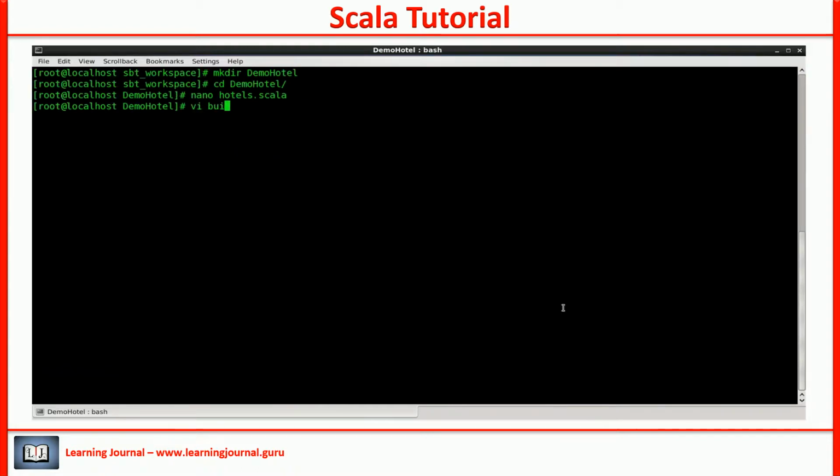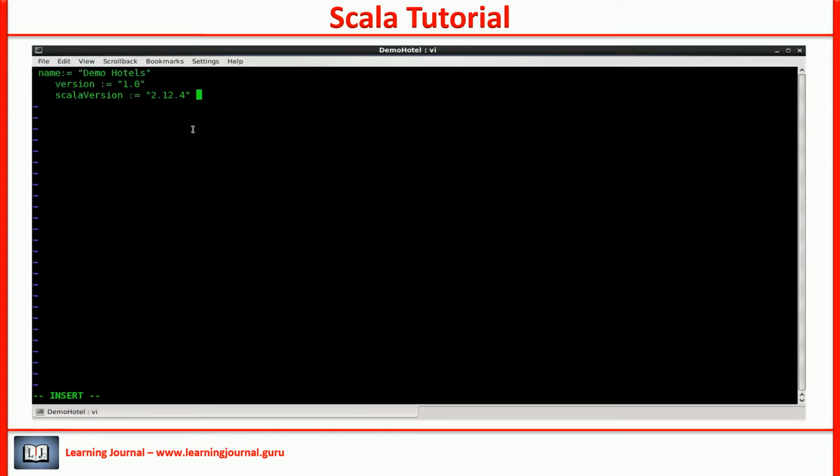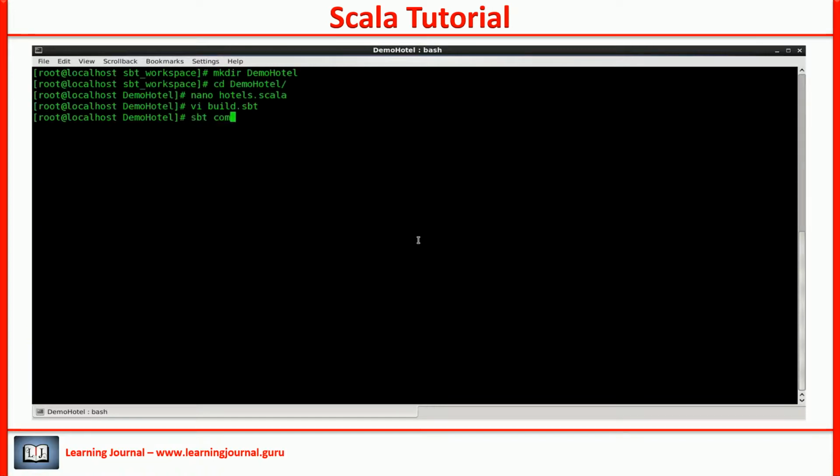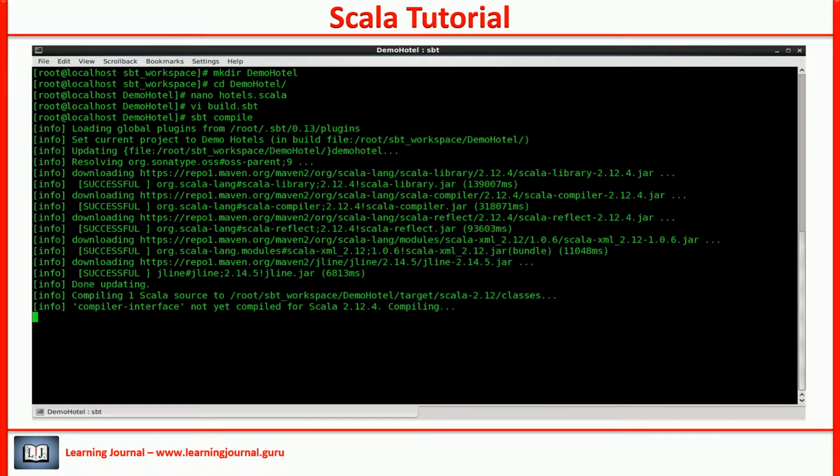If you have some dependencies, define them in your build file. That's it. You can compile your class using SBT compile command.